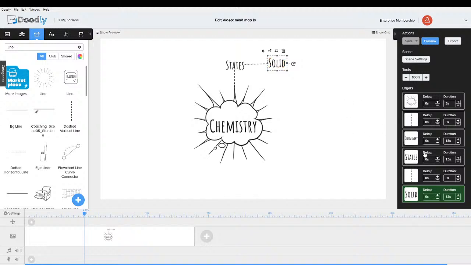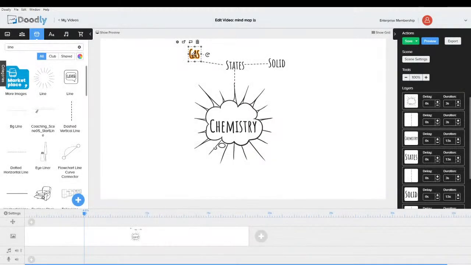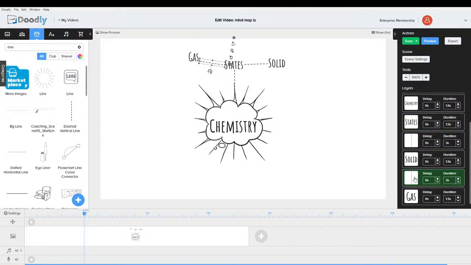And going to copy. No. I want to copy that and paste that. So we're going to go over here. And copy this and paste it. Here we're going to go for gas. So I think this would just be fiddly to do with other software. I do think Doodly really lends itself well to this. I think that's a bird landing on my roof, if you can hear a strange sort of noise.